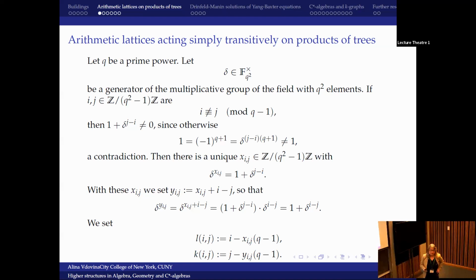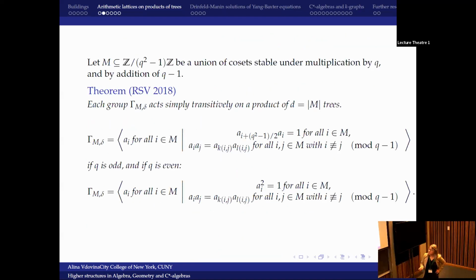Okay. So why I needed it: straight away we have groups, and those groups can already be used to get three-dimensional and higher complexes and subsequently higher rank graphs. So let's see how they look.